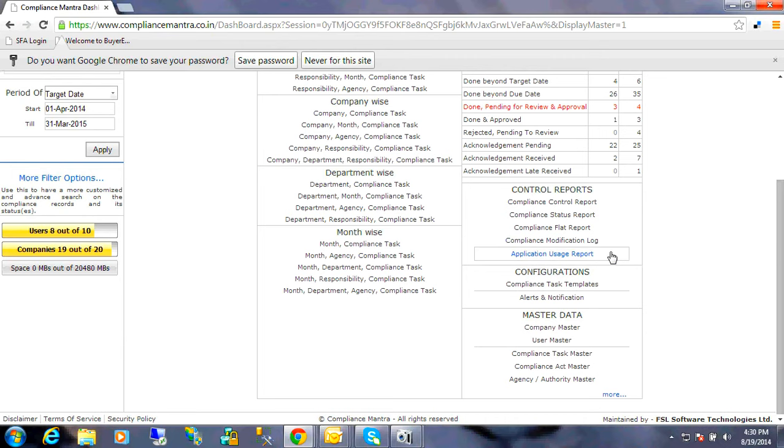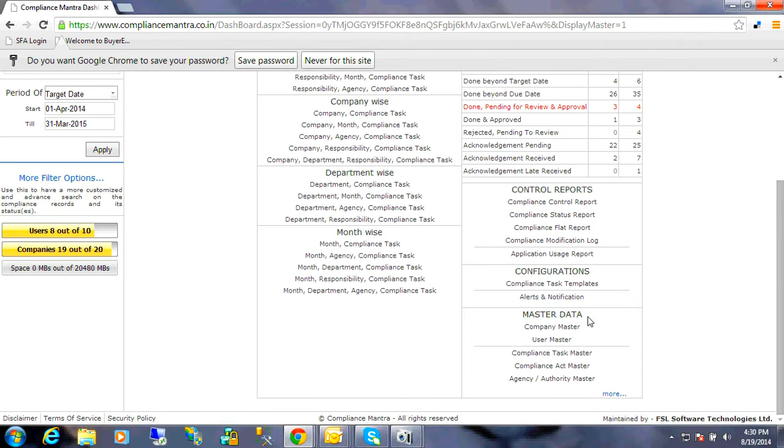The application usage reports tell us the usage report of each user who are currently using the software. Alerts and notification module is required to set the alert rule for sending the notification to the users, managers and other users as well. We can set the rules on daily, weekly or monthly basis.